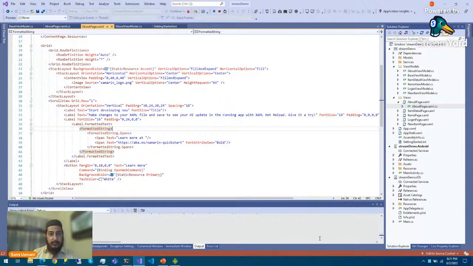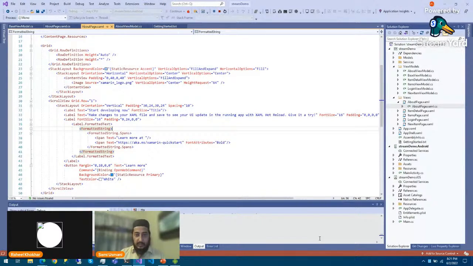All right. So here you can see we have the grid layout, and then we have some definition of rows and columns. You can define both rows and columns here. Here we only need rows. As you can see, the first row, the second row. The first row is set to auto. It means that whatever is there should be setting its height to auto. And the second one is star.